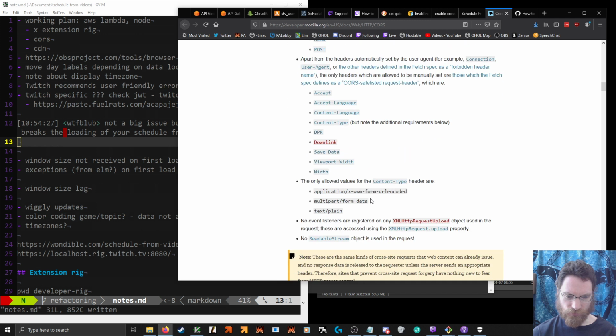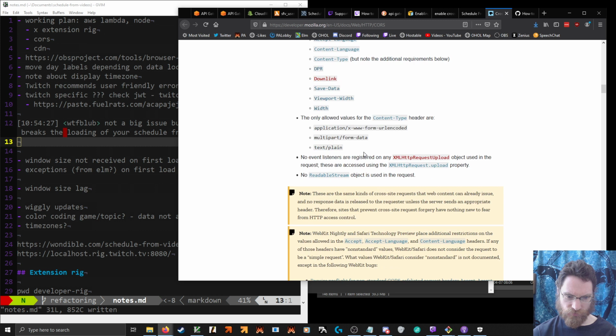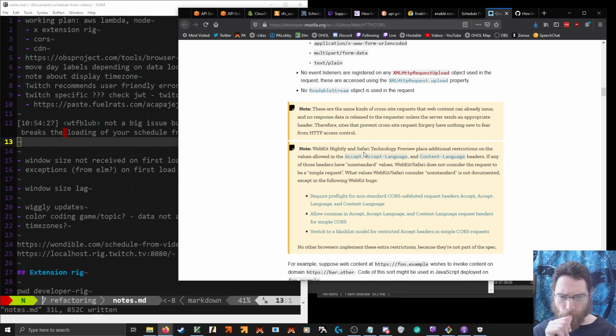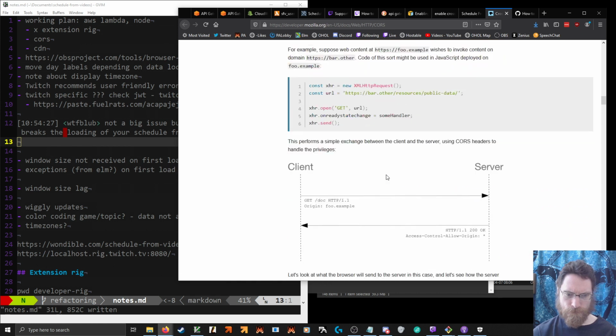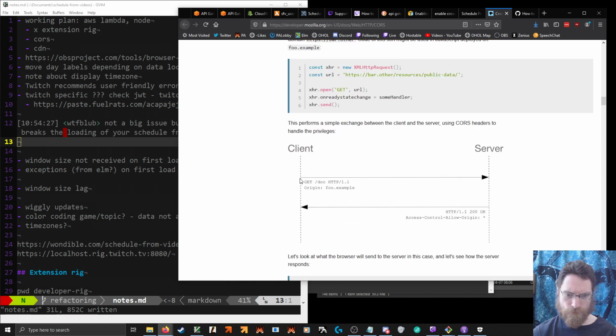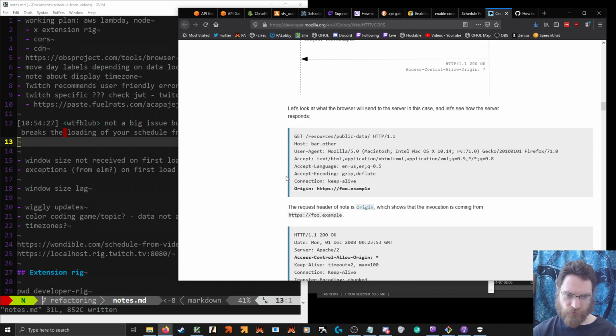Function user agent. Origin foo, access allow star.